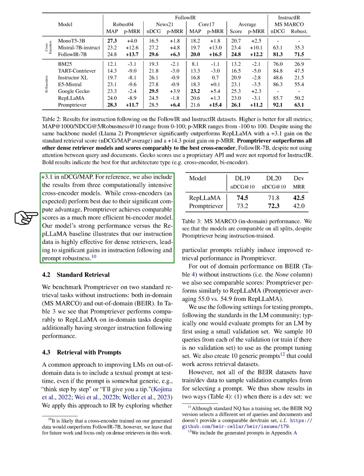We also include results from 3 cross-encoder models, which, as expected, perform better due to their higher computational power. However, Promptriever achieves similar results as a more efficient bi-encoder model. This indicates that our instruction data is very effective for dense retrievers, leading to notable improvements in instruction following and